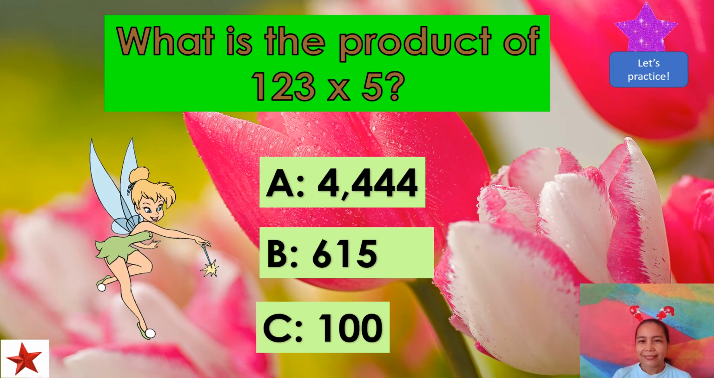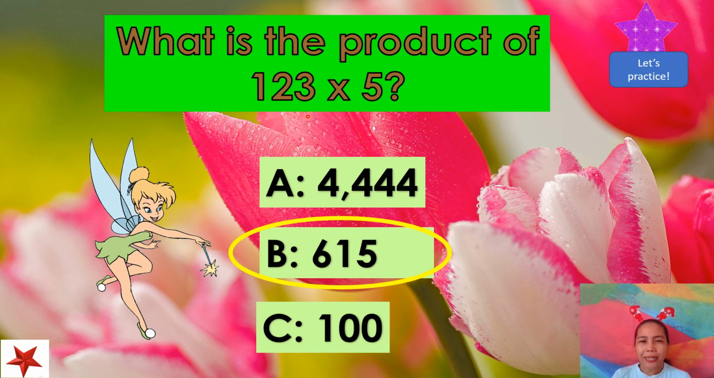Here's another question. What is the product of 123 times 5? Be sure to write these numbers in your paper and solve for it. Alright, I'll give you 5 counts. 1, 2, 3, 4, and 5. What's your answer? Yes, it's letter B. Let's read. The product of 123 times 5 is 615. Well done,